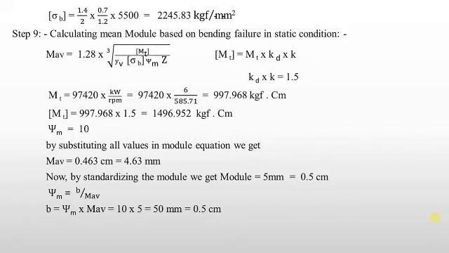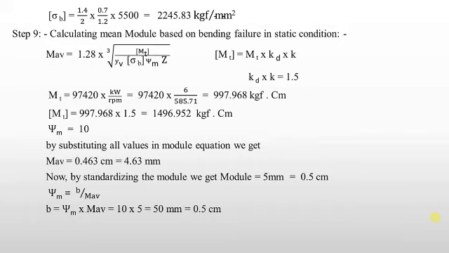Step 9. Calculating mean module based on bending failure in static condition. MAV is equal to 1.28 into cube root of design torque upon Lewis form factor into design bending stress into psi m into number of teeth on gears, where design torque is equal to mt into kd into k, where kd into k is equal to dynamic load factor, which is equal to 1.5. mt is equal to 97420 into rated power upon rpm. Rated power is equal to 6 and rpm is equal to 585.71, which gives the value of mt equal to